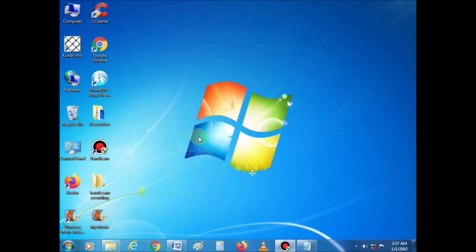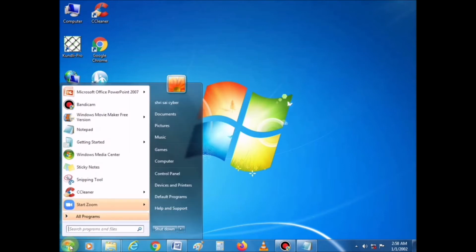The computer folder allows you to see the contents stored on your computer. It displays all the drive files and folders. Now, to open the computer folder, click the Start button, then click Computer from the right pane of the Start menu.